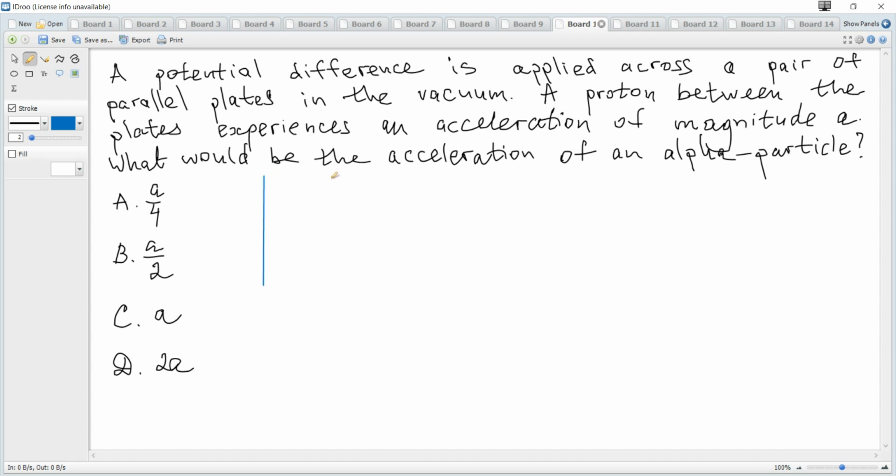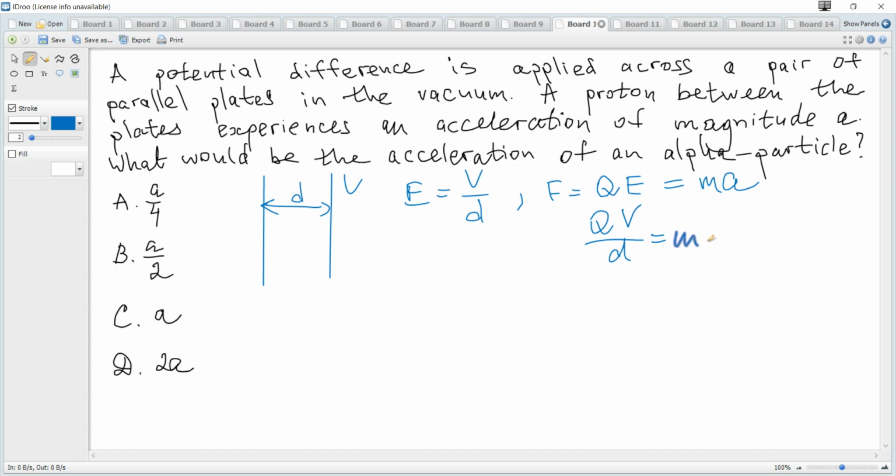So it is given two parallel plates with potential difference, let it be V, between them, and let the distance between the plates be d. We know that the electric field strength between the plates is equal to the potential difference divided by this distance, and this electric field strength is related to the force acting on the charged particle inside. It is equal to charge multiplied by the electric field strength, and according to Newton's second law it's also equal to ma, and hence we get that it becomes qV over d